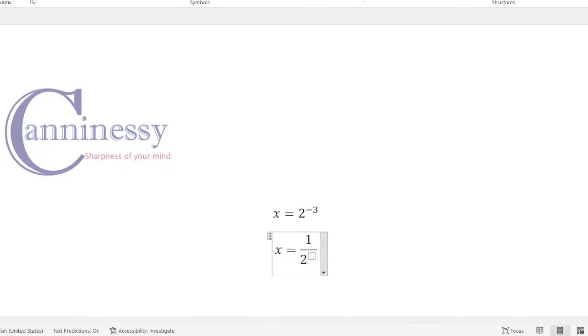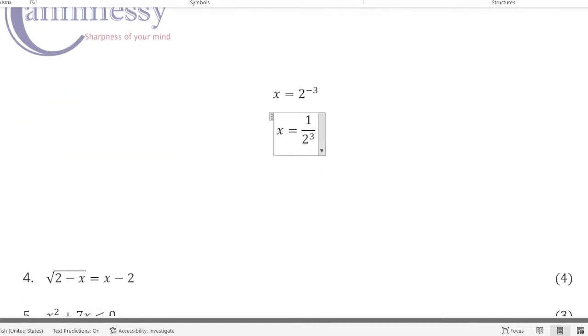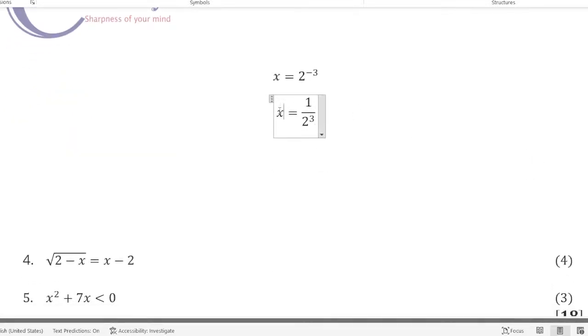Remember, when this goes to the denominator, you change the sign. It was 2 to the power negative 3, now it has become 2 to the power 3. So you can leave your answer here, that x is equals to 1 over 2 to the power 3, but